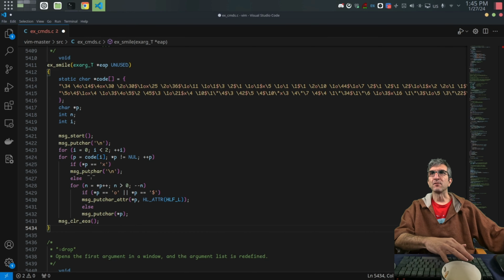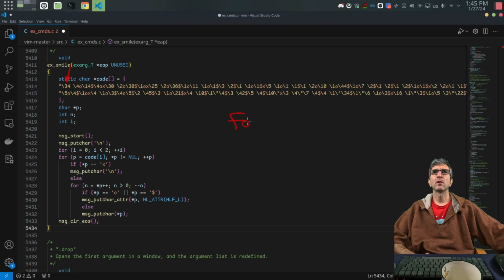So, at the first run, n is 34. So it will be n equals 34. Now add 1 to the p. Now p points to the space. While n greater than 0,